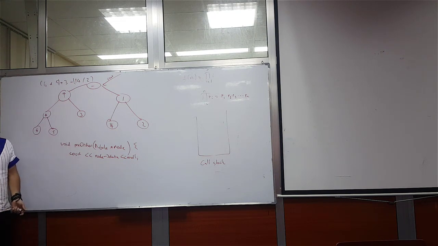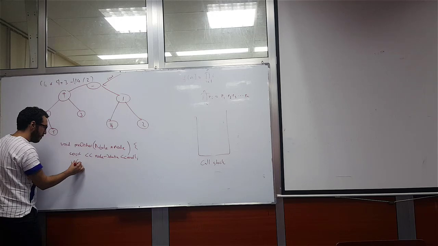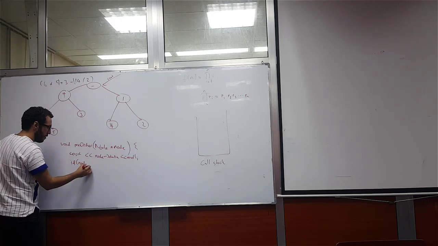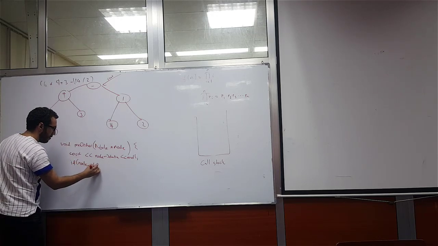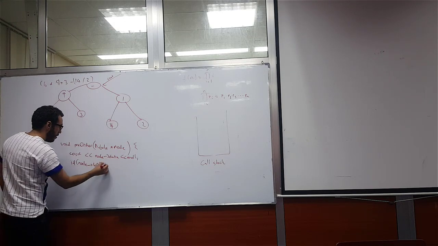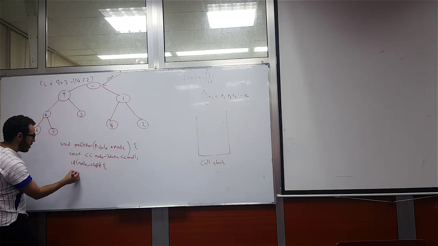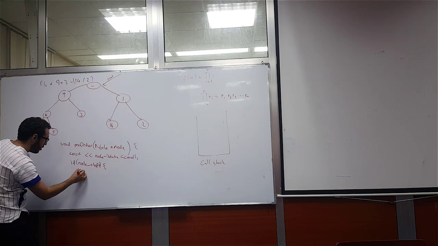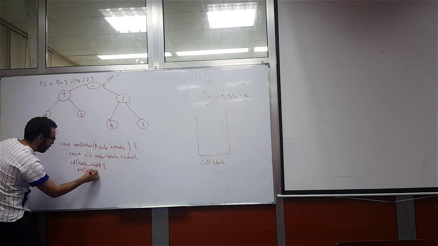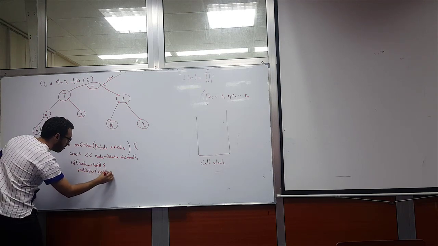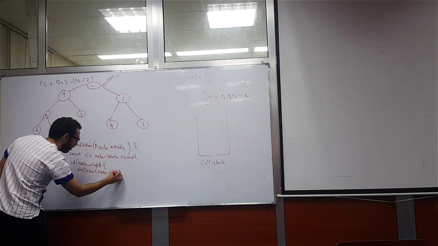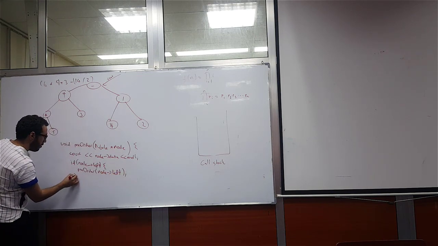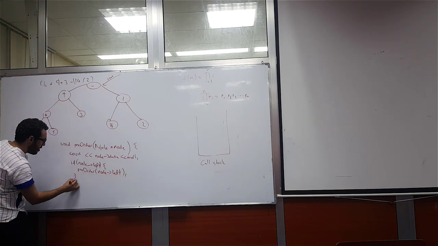And after that, if we have a left child, then we are going to just call pre-order on node left. And if we have a right child,